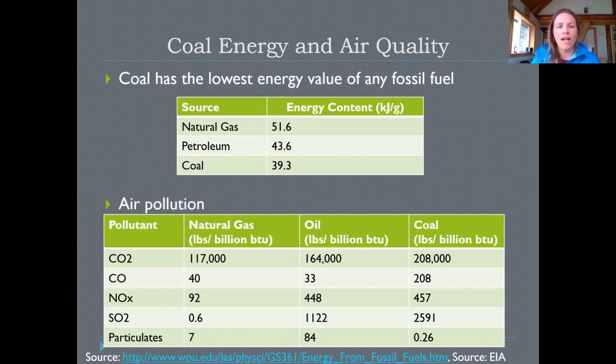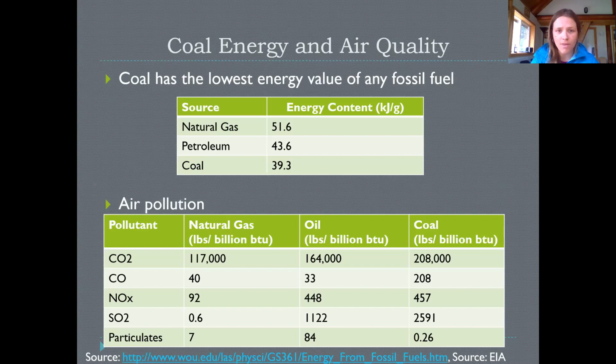And this is showing CO2, which is obviously a greenhouse gas, carbon monoxide, NOx, sulfur dioxide, and particulates. So these are all atmospheric pollutants that we talked about in the atmospheric pollutant lecture. So I'm not going to go into all the issues associated with them. You can look back to that lecture if you don't remember, but kind of looking at a comparison between natural